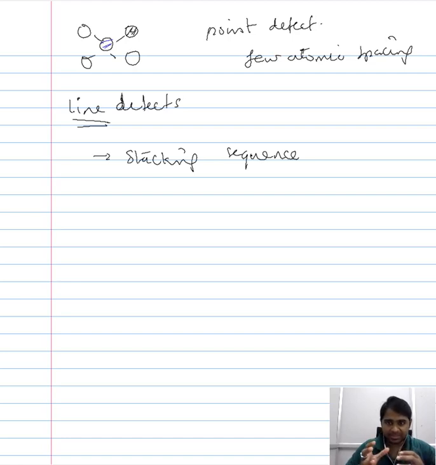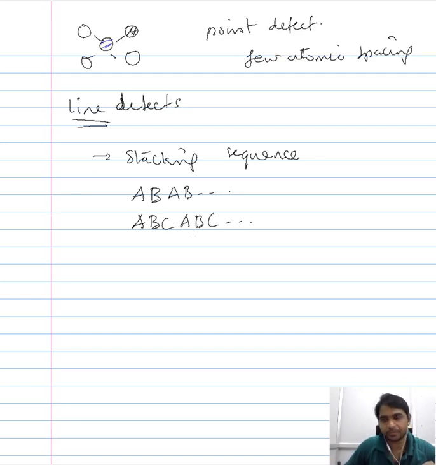Now if it is similar, we use the same nomenclature. If it is different, we use a different nomenclature. So in that case, the different stacking sequences that we saw are of this form: AB, AB, and so on. And the other sequence that we saw is ABC, ABC, and so on. Now these are the two stacking sequences that we largely observed in the